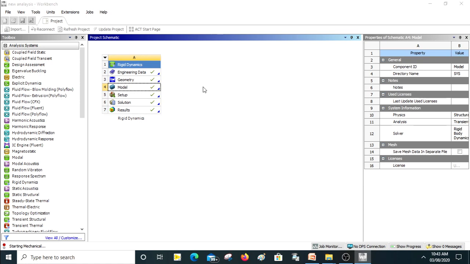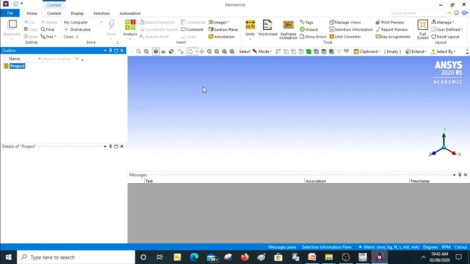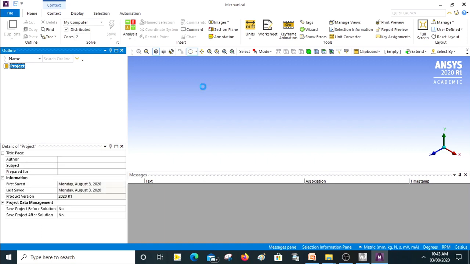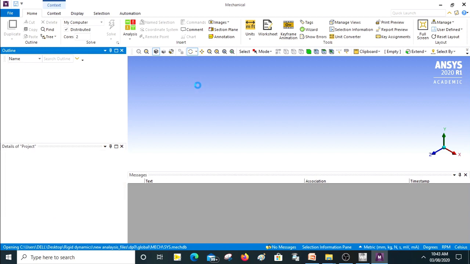It will take some time to open the mechanical window. Okay, so it all depends upon your processing. If you have a good processor and good RAM, it won't be a problem. So let us just wait for a few more minutes, and it will open.